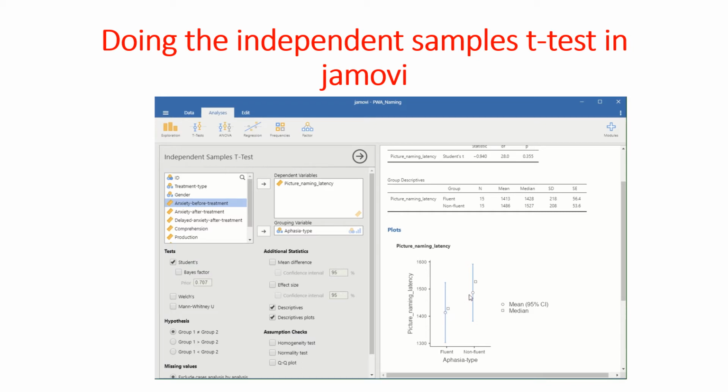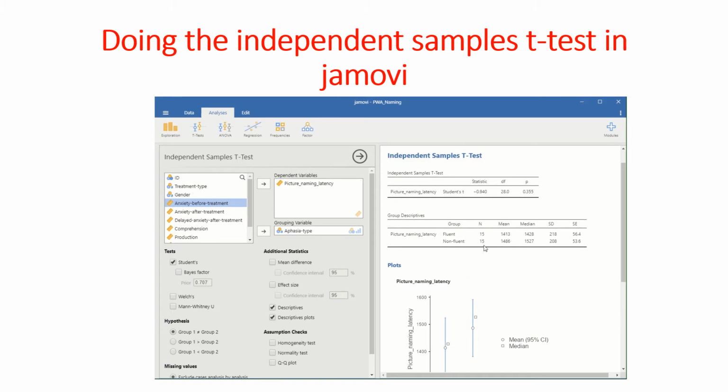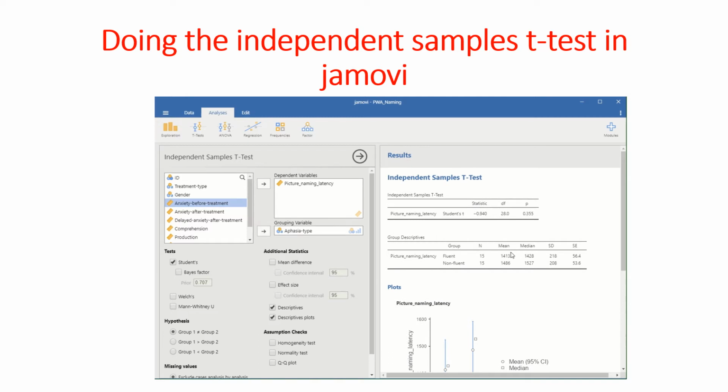That's the mean, the red circle, and the square one is the median. So we could see a difference if you also look at the group descriptives here. You could see that the mean of the non-fluent group is bigger than the fluent group. There is a difference here, but then our question is whether this difference is meaningful or not,